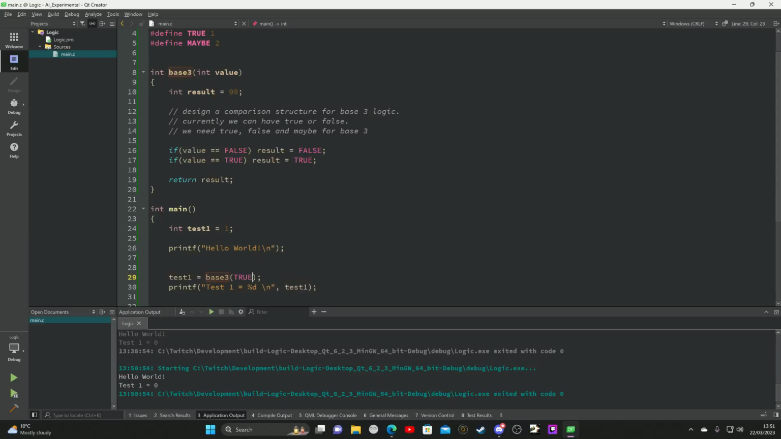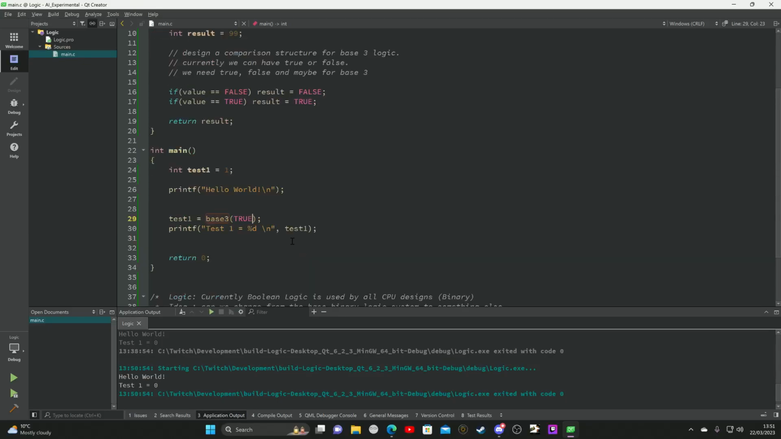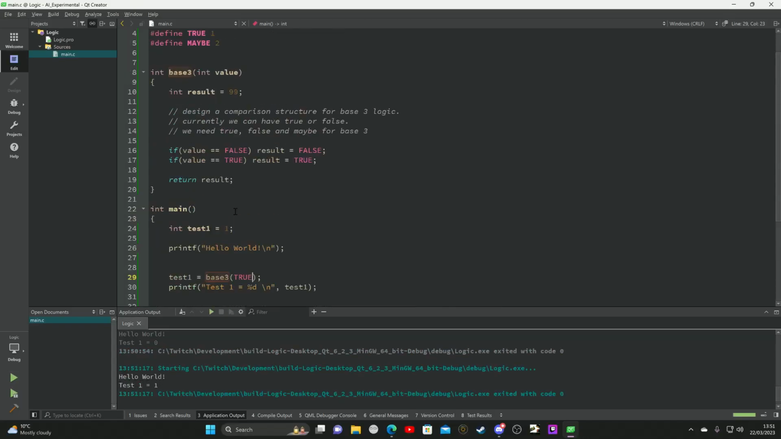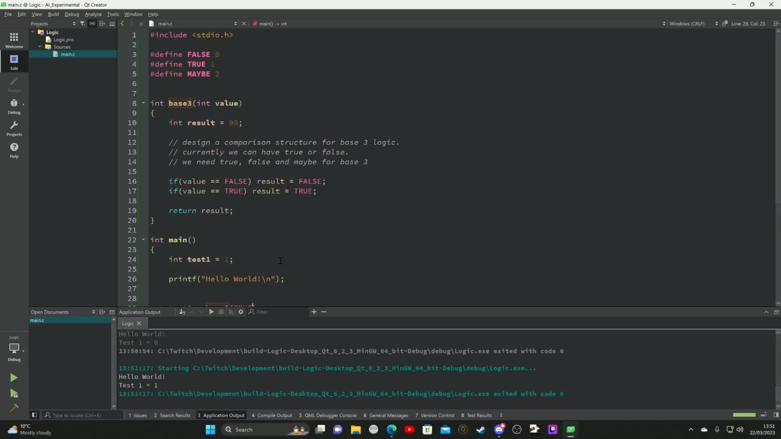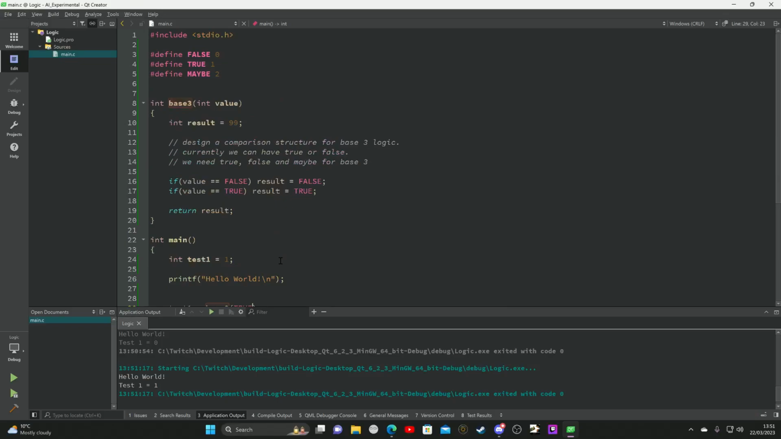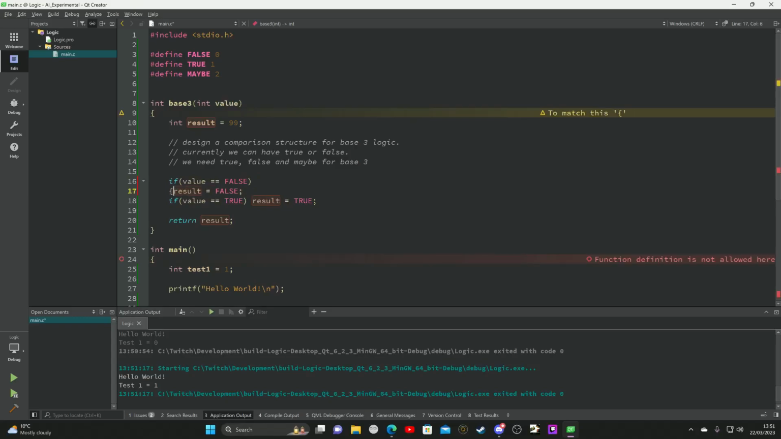True. If we run that, test 1 equals 1, which is true. But where's the maybe? Where's the third value? Well,